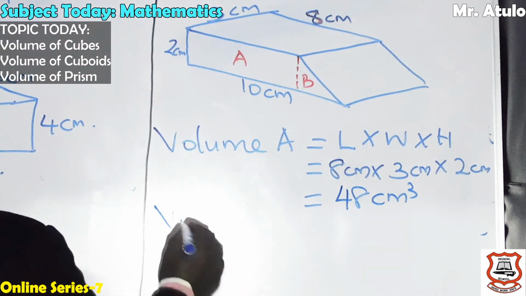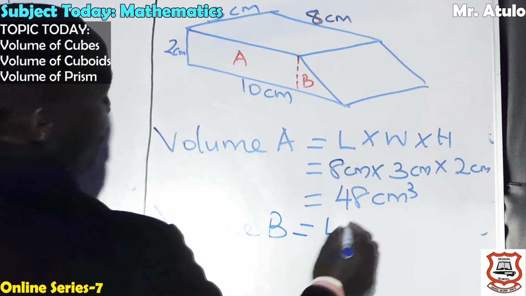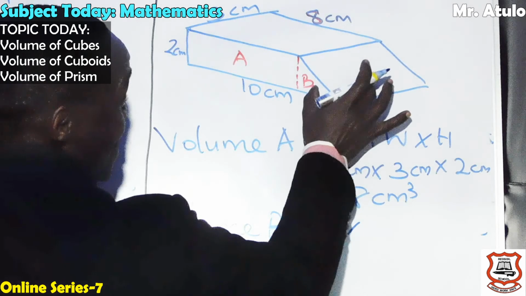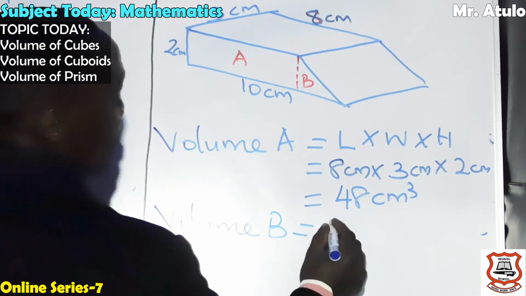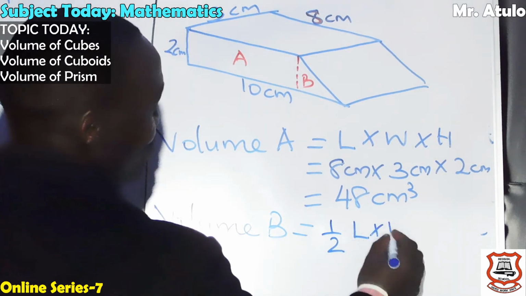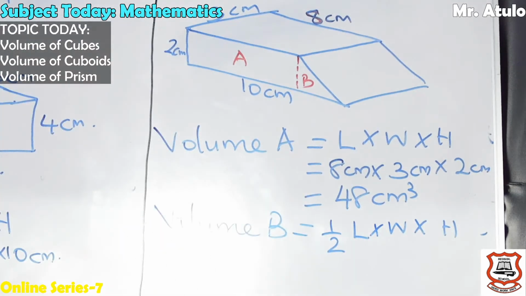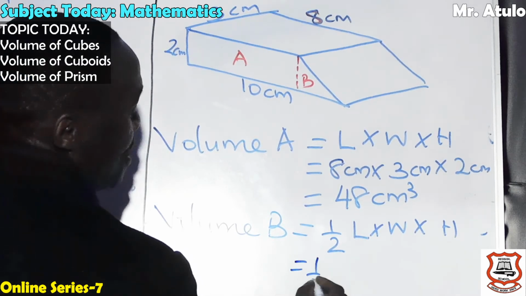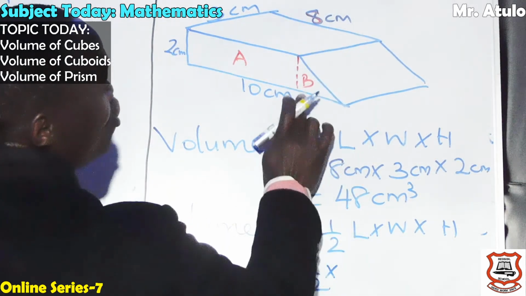And then volume B is going to be length. This is now a triangular prism, a triangular cuboid. We will not use the same formula. Rather, we're going to say a half times length times width times height. Remember the area of a triangle. How we find the area of a triangle? We do it as a half times base times height. So here we are going to have it as a half times the length in this case is 2 centimeters,